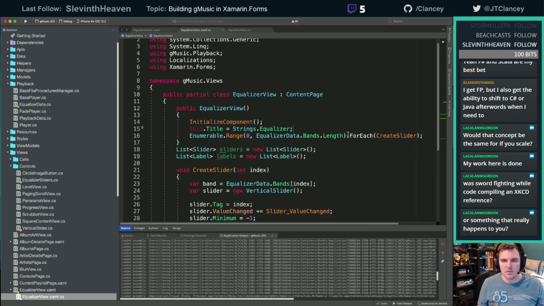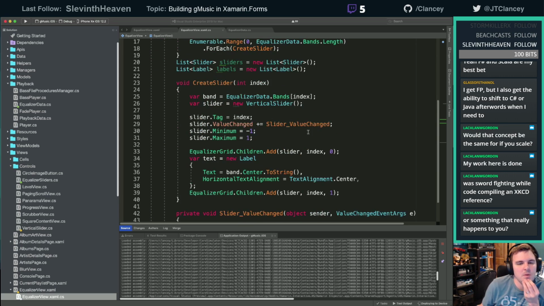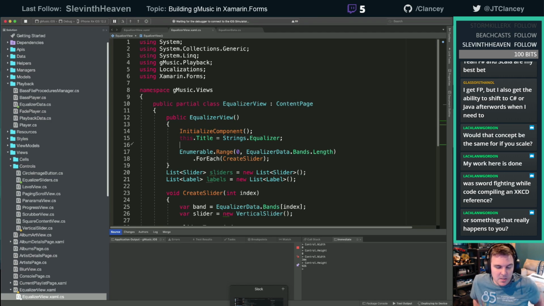All right, do that. Now we should have sliders. Let's run it. And labels. Gonna need to fix the fonts because they should be a small font. It's gonna be way too big.